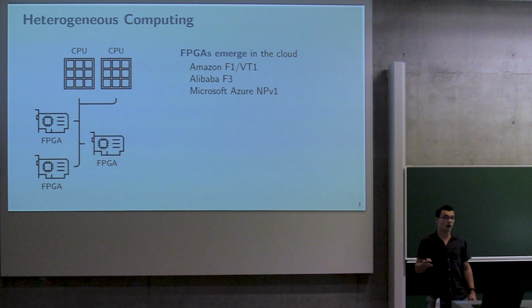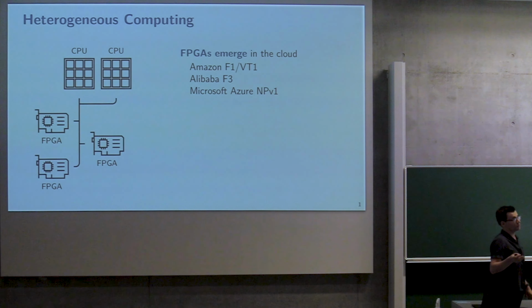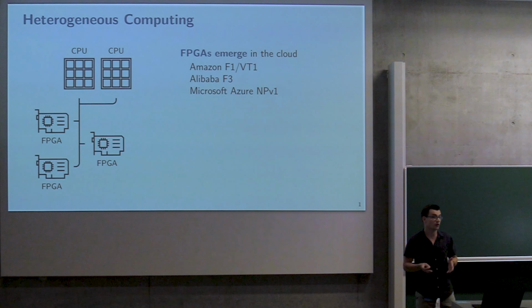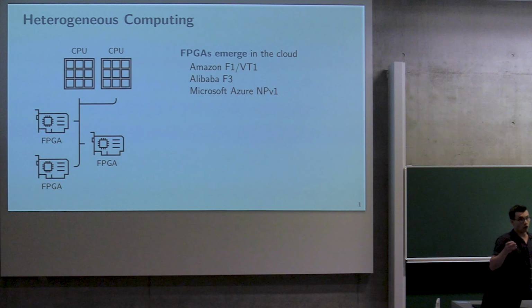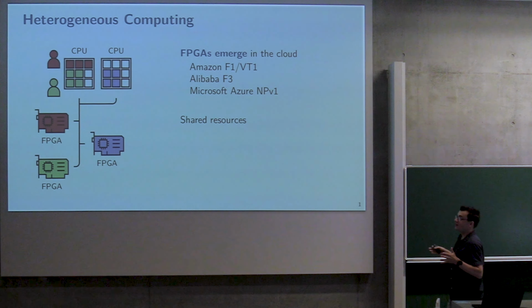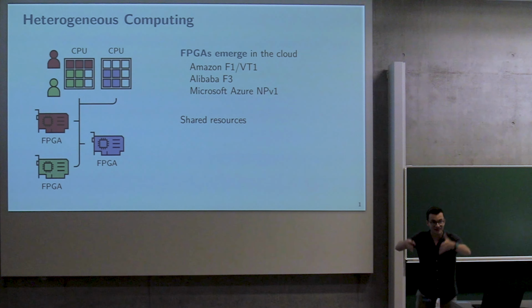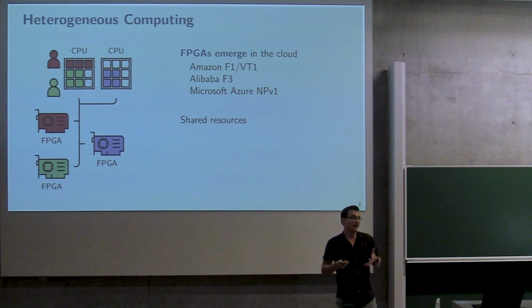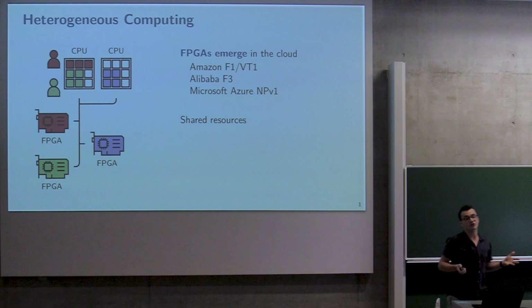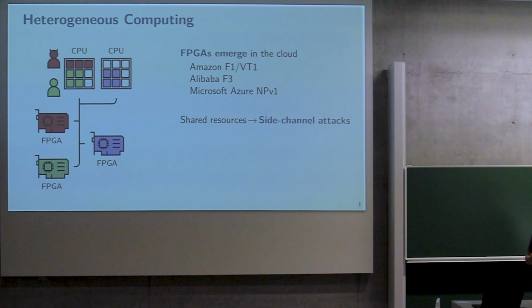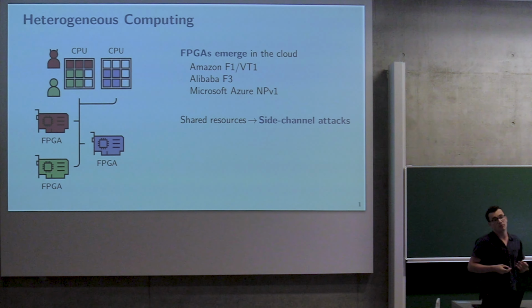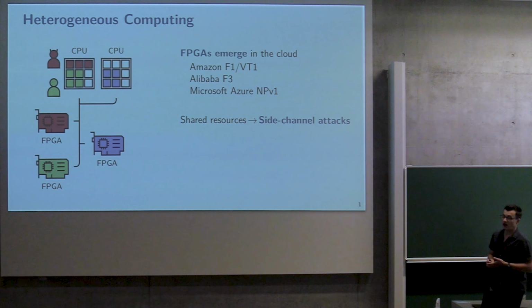And so we see that in the cloud, different CSPs like AWS, Alibaba, and Azure are providing means for FPGA acceleration in the cloud. Now, of course, the economic model is still the same, being push as many tenants as possible on the same shared resources, so on the same physical device. And over the years, we've also come to learn that shared resources means side channel attacks, like cache attacks, for instance, where an attacker on the same physical device spies on other processes by means of their interaction with the cache hierarchy.